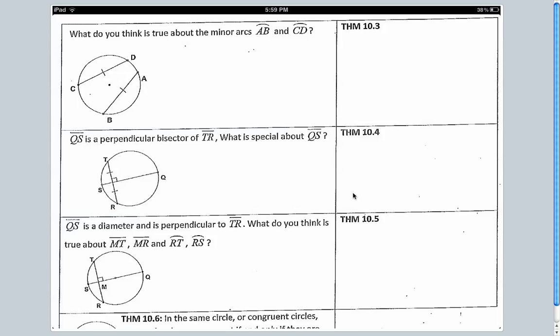In this one, I'm looking at arcs AB and CD. Well, I think if you looked at that for a little while, and maybe if you measured and did various things, you would find that AB and CD are congruent. In fact, we can say this: arc AB is congruent to arc CD if and only if